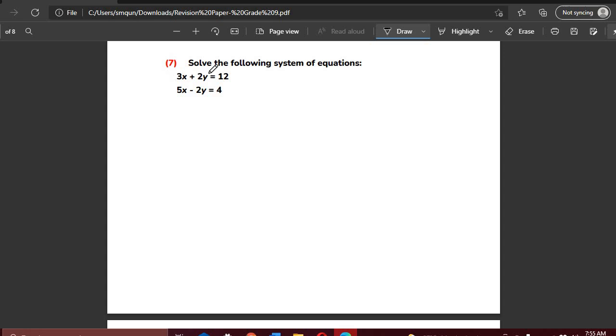Now, you can use the elimination method. The elimination method would be best for when you have a term with the same variable. Okay, so sorry, when you have a term with the same variable and the same coefficient, my bad. Okay, when you have a term in both equations with the same variable and the same coefficient, then the elimination method would be best. Meaning that if you look at this pair of simultaneous equations,